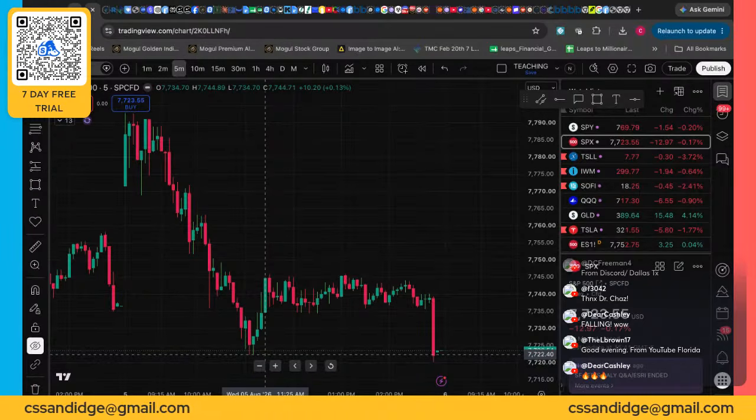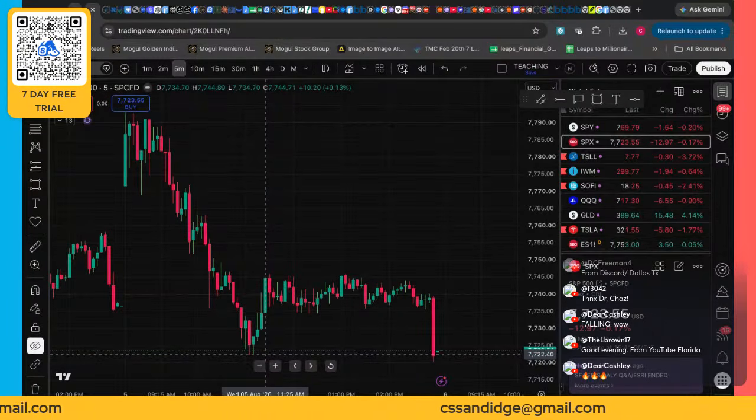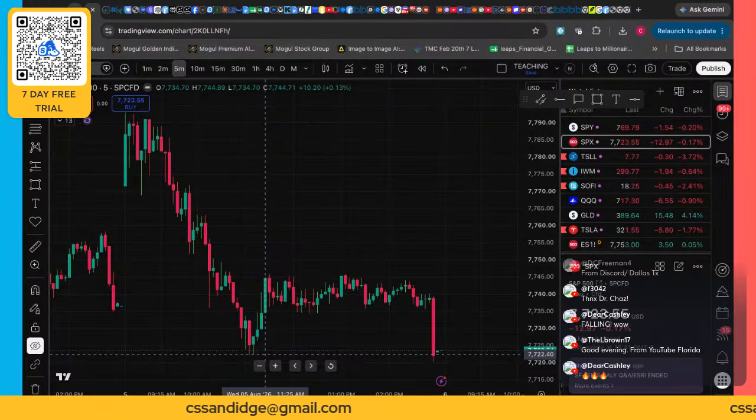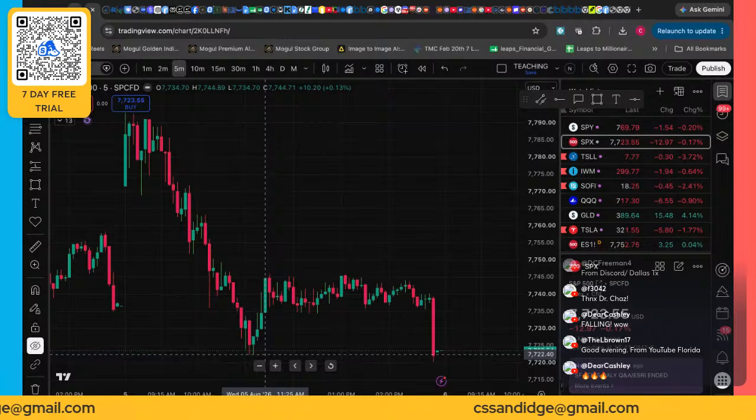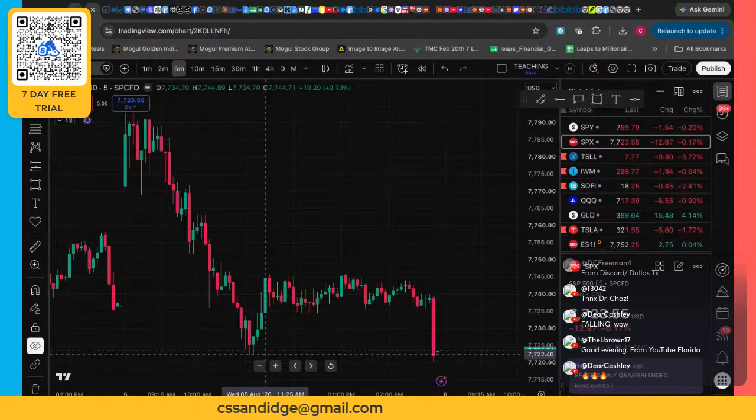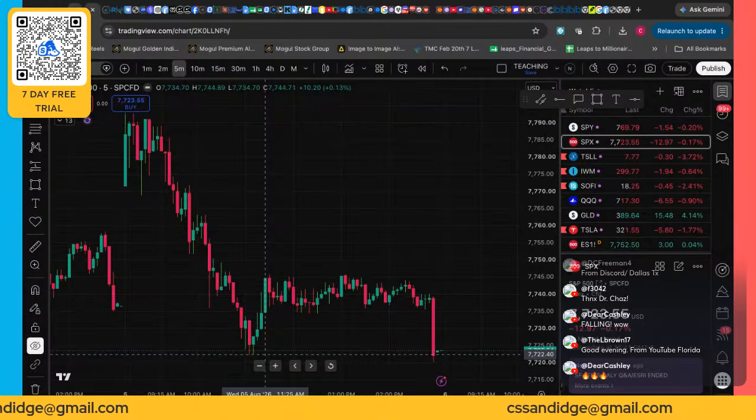Anybody who's taking my SPX class or deals with me in the Discord, I've shown you guys how to mark up your charts. And I also got a little freebie for you guys. Well, not a freebie, a special for you guys if you stay to the end. We won't be on here long. Give me 15 minutes and I'm going to wrap everything up, because with one of my clients, I saw some strike prices that we need to pay attention to. And then I wanted to get you guys set up.